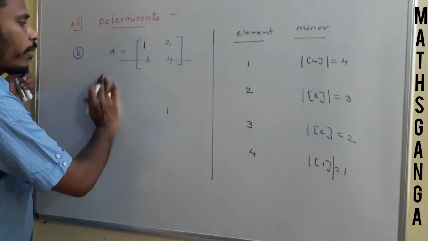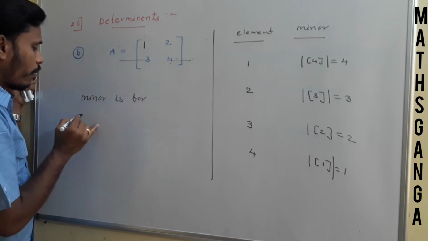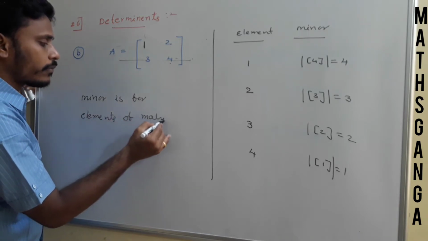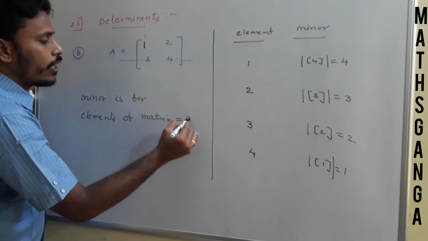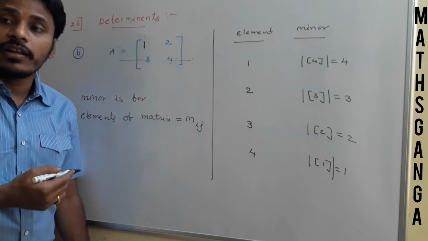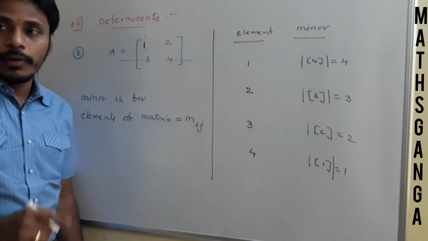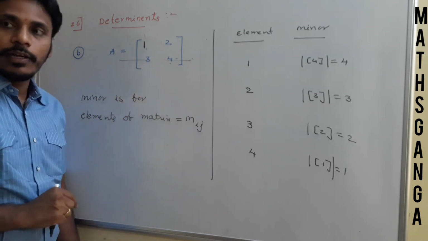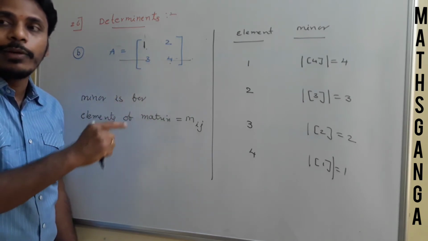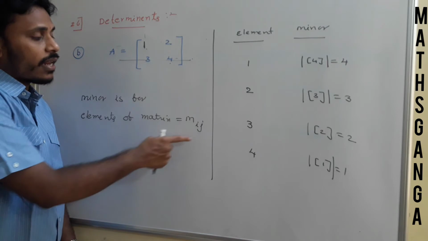So at the end, what I am going to tell you is minor is for elements of the matrix. Minor is for elements of matrix. Okay? Right. And these minors are usually denoted by Mij. We know that the elements of the matrix are denoted by Aij. We call it first row first element like A11, and this is first row second element A12, and this is second row first element, first column, right, A21, and this is second row second column, so A22. Like that we notate the elements of the matrix. Based on that, see, the corresponding minors are denoted as Mij.